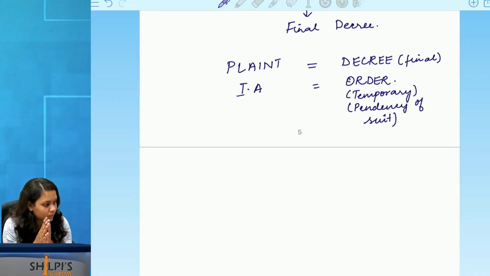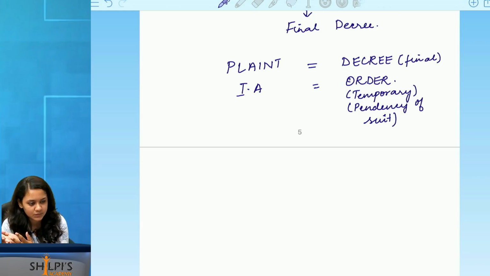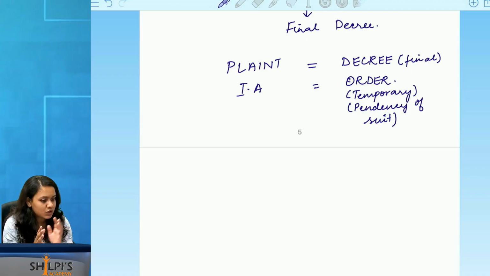Everyone clear with the process so far? Okay. From here we are going to see slight variations. What happens if this happens, or what happens if that happens? But I am only going to vary from this existing flowchart that we have seen, from submission of a plaint till the decree. So if I am talking to you about summons, you should automatically remember it is the second stage of the suit. Or if I am talking about a written statement, it's the third stage.